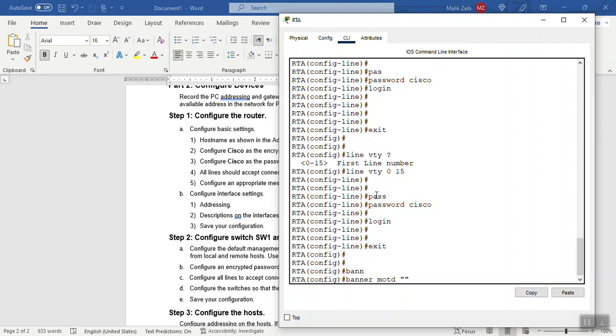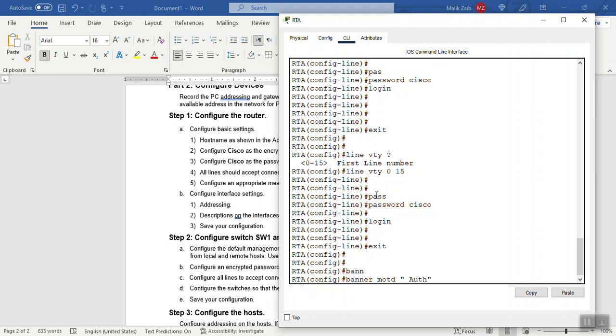You can also use at the rate, or hash, or whatever you want, but the purpose is the same. If you start with the at the rate character, you must end with the at the rate character. If you start with at the rate and end with the hash sign, it will not work. So I am using the inverted commas here.